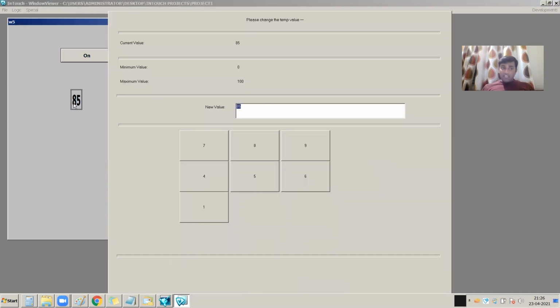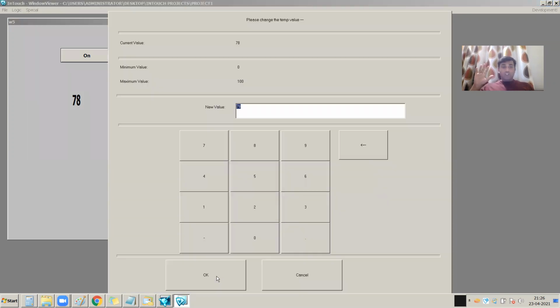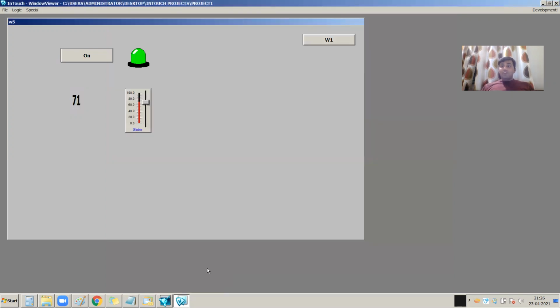But when I press the number 1 key on my keyboard, without using my mouse, see, this window will open and you can write down any value. Like this way you can use the key equivalent option in IntelliSCADA.